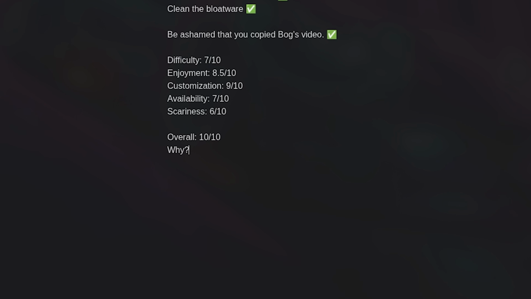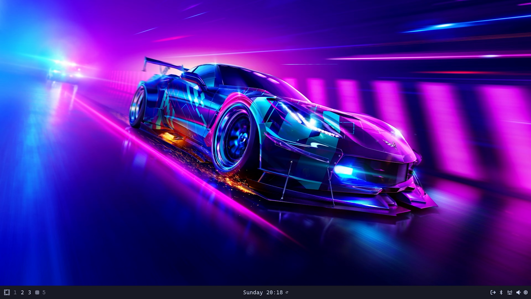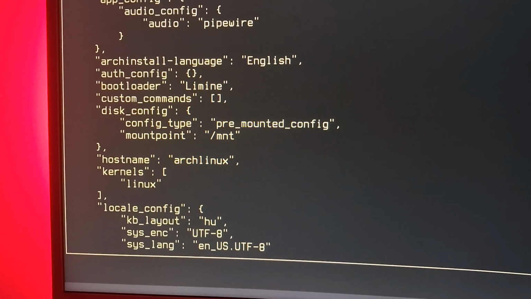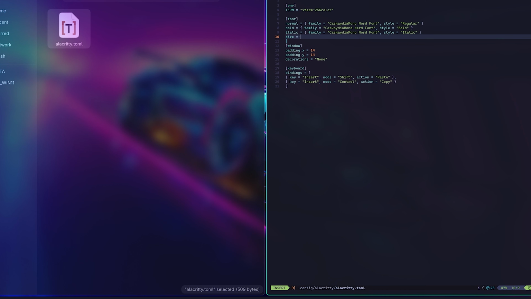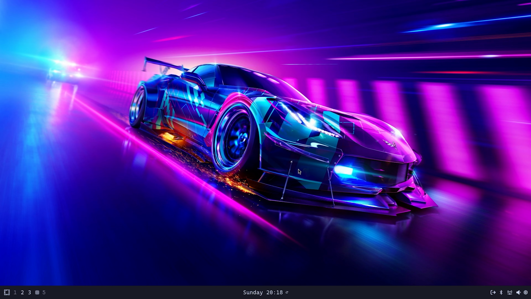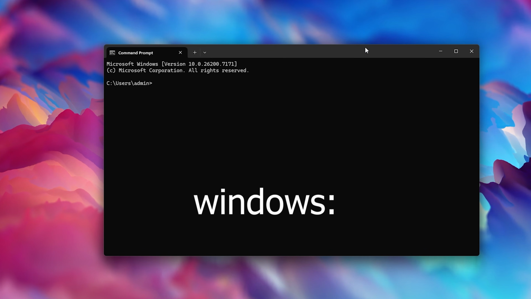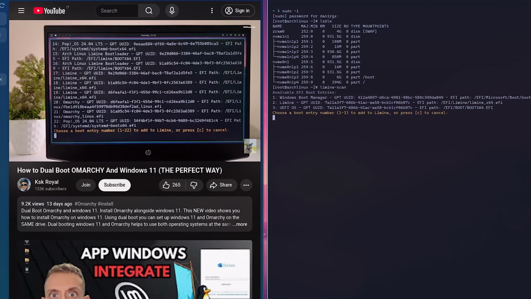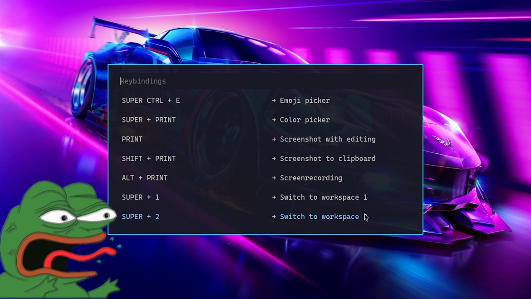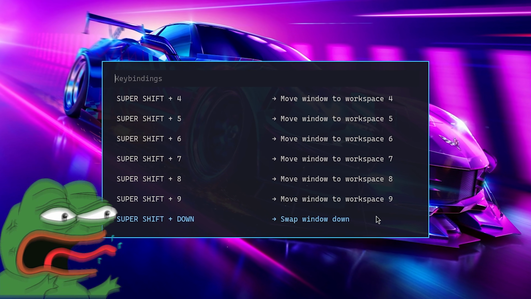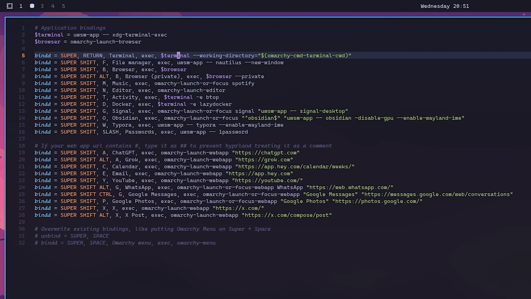But why? Well, you see, while nothing on this list is actually a 10 out of 10, I still liked it so much. The whole process of installing, learning new things, doing research, customizing it to your will, just how it looks, how it feels, all the things that you can actually do, unlike Windows. The productivity with Hyprland is also so good. Learning the keyboard shortcuts can be a bit frustrating, but they are not complicated at all. You can also customize them, so it's not like you're limited to like default settings or stuff.